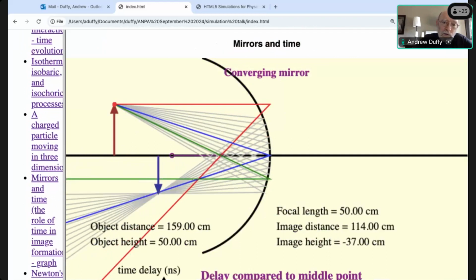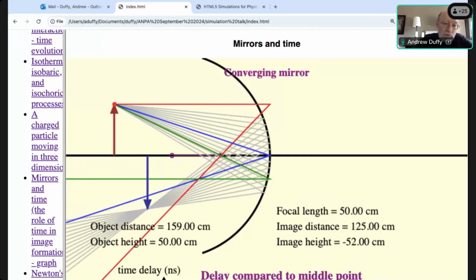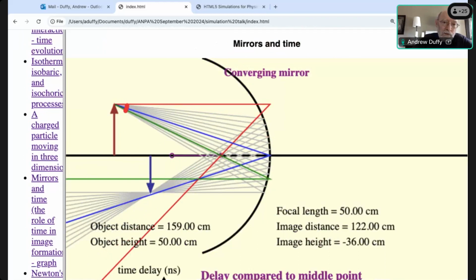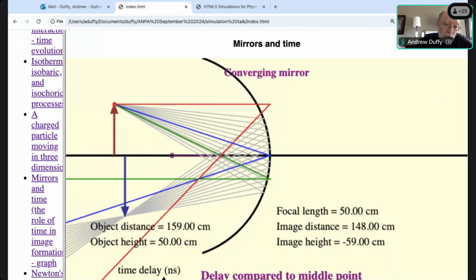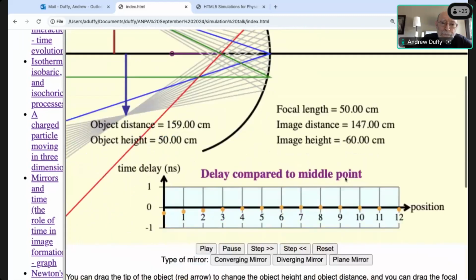So this is the image, and you're allowed to put the image anywhere you want, right? So this is the wrong place for the image. But what happens if you do it here? The whole point of this simulation is to talk about the role that time plays. And time has a very interesting role in optics. So let's just watch as a